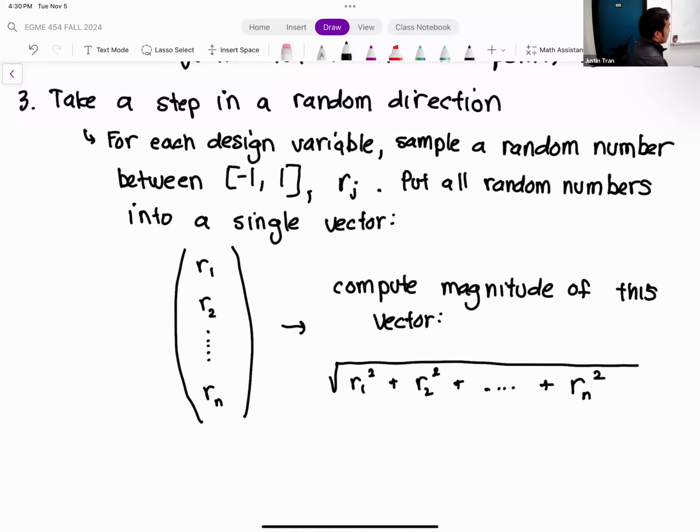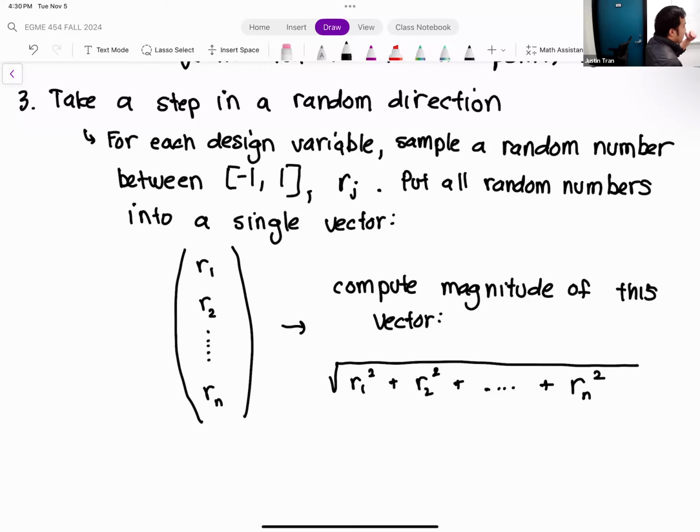We want to make sure that the random direction we're stepping in is a vector of magnitude 1, because we want our step length to be determined purely by our step length. We already have a variable for that. So we don't want this random direction to bias that either above or below.